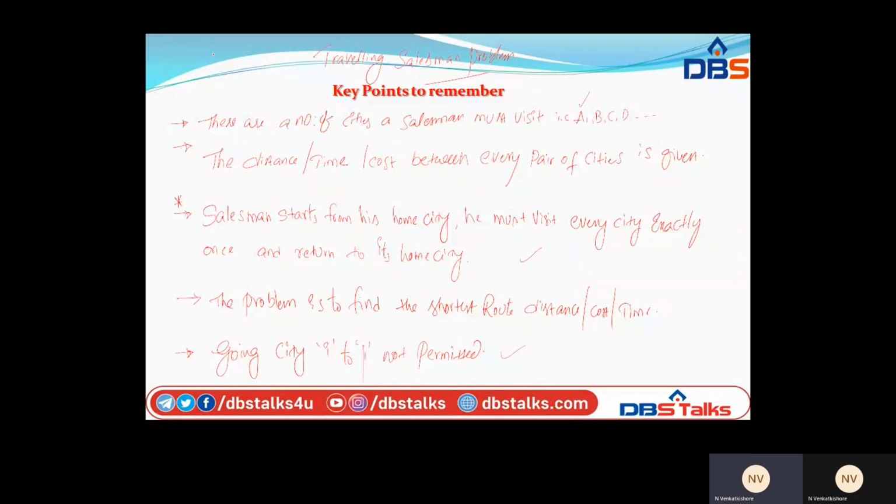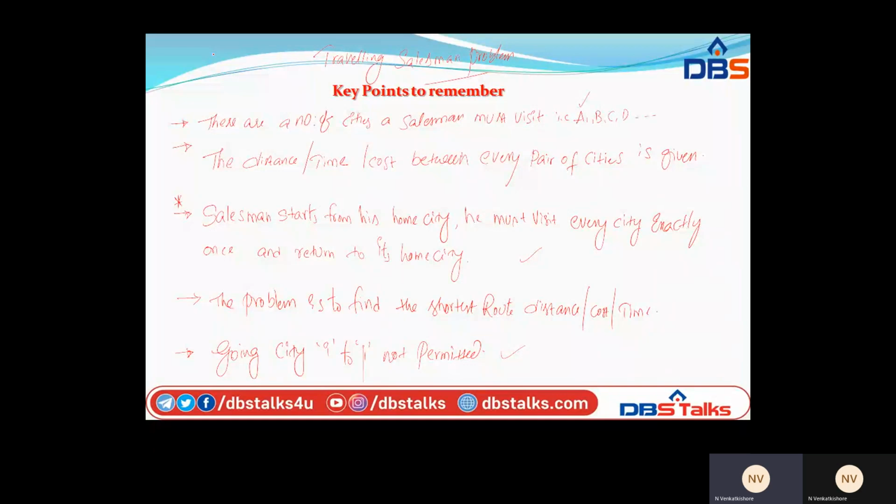The key points are very important to solve problems on the assignment model or traveling salesman problems in the second unit.